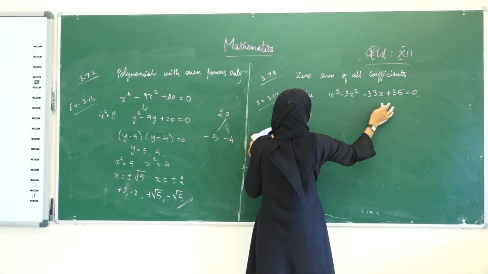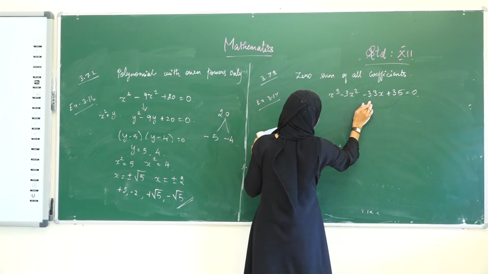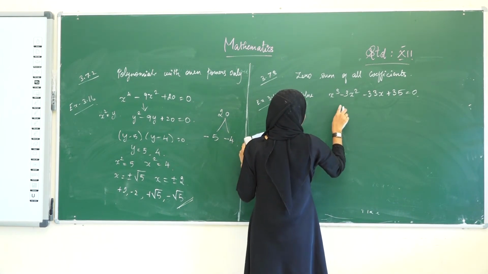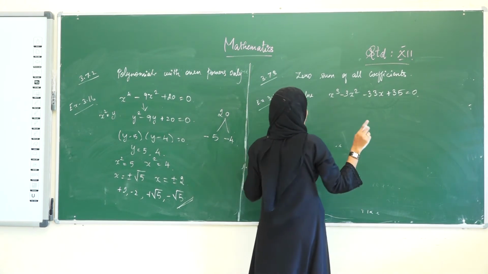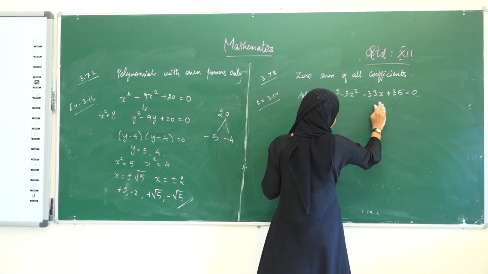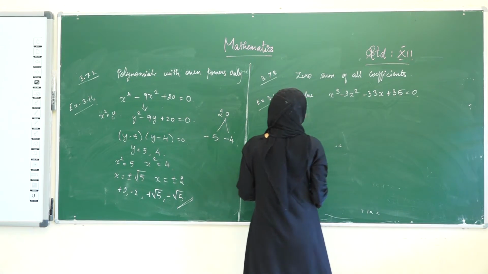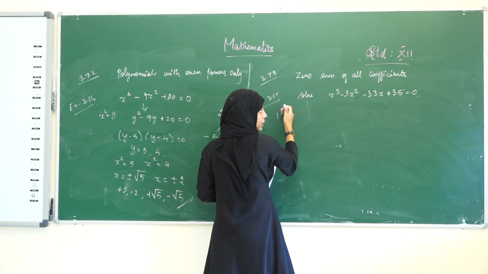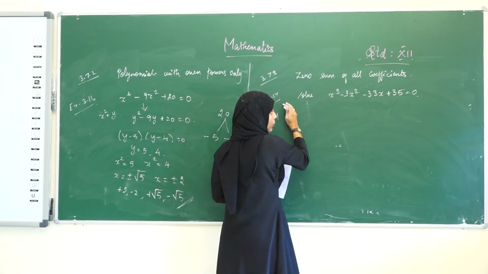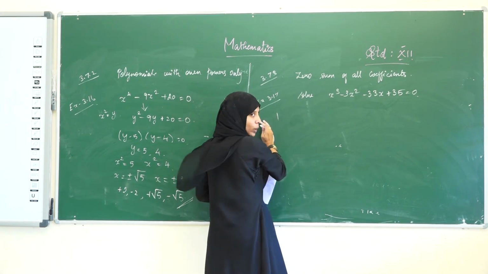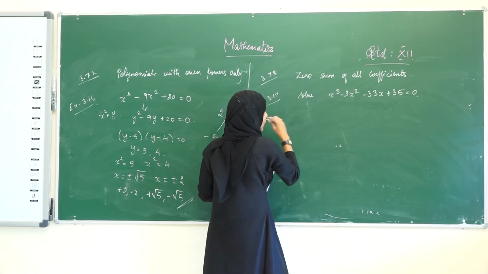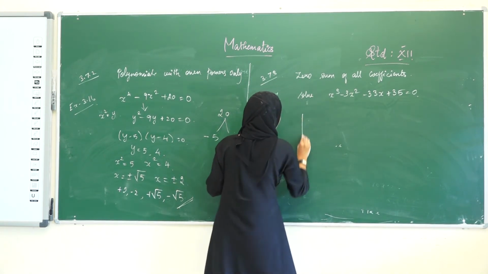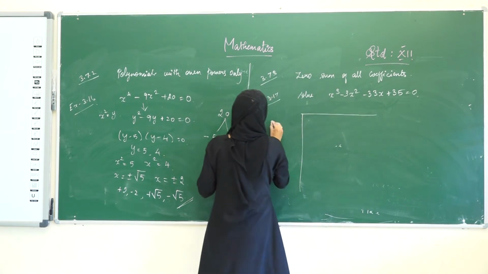See, take the coefficients alone. 35 minus 33 is plus 2, minus 3 is minus 1 alone. Minus 1 plus 1, we get 0. Then we add all the coefficients. When we get 0, then we can take 1 as one of its roots. Okay, this is the form of this type of equation. If we take 1 as a root, then x minus 1 is a factor. So, we are going to take the long division method.